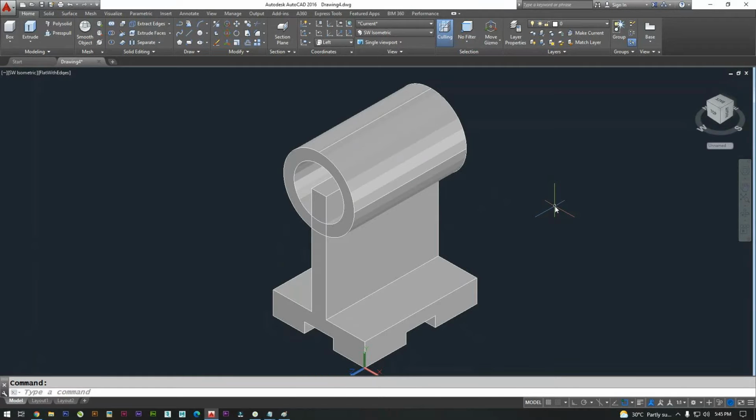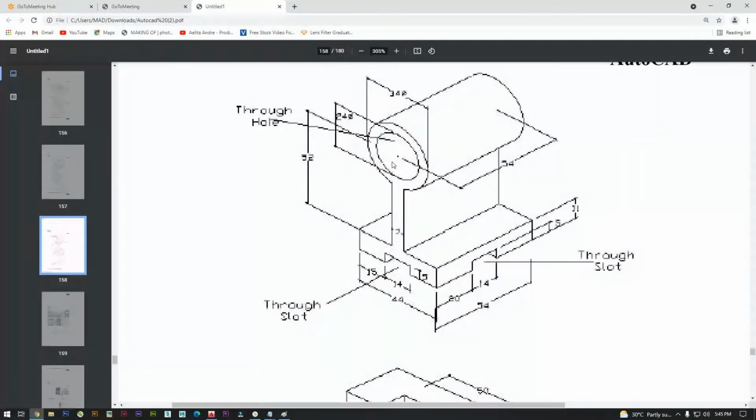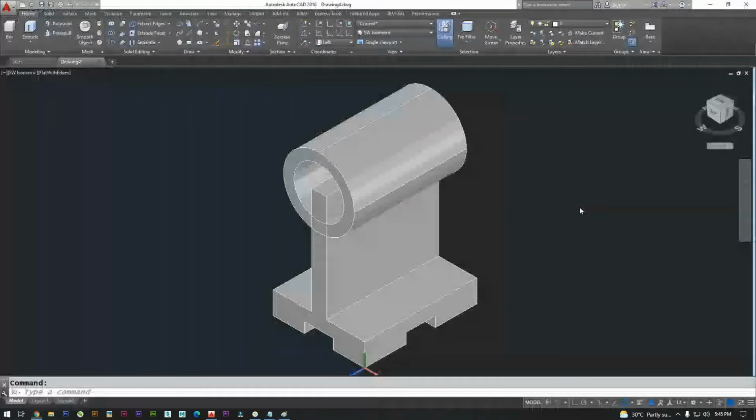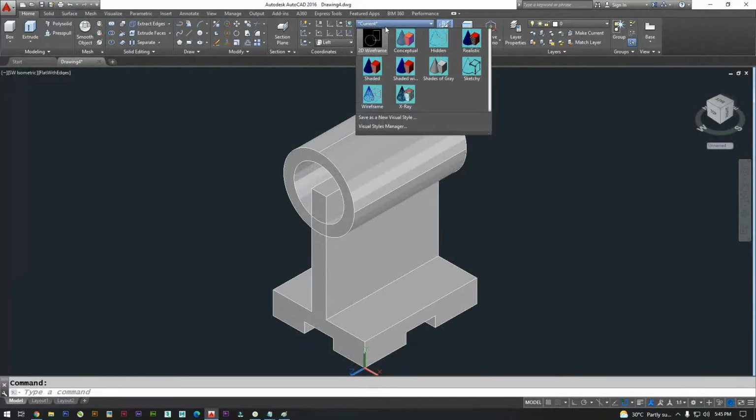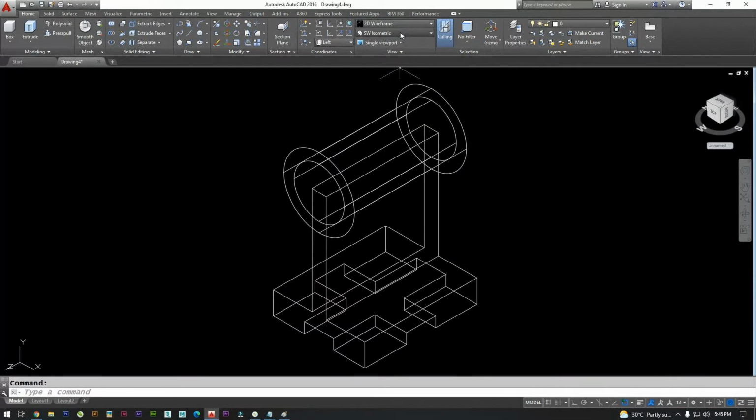See here, clearly I'll tell you. This is 52 from the tip of the base until the center point of the cylinder. And this is 11. So that's why we have taken 63. I'll set it to 2D wireframe. Go for the left.